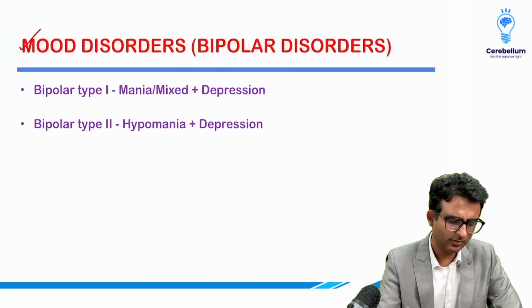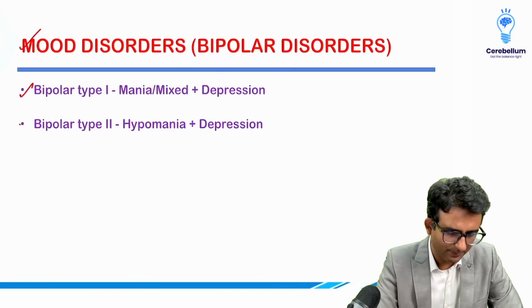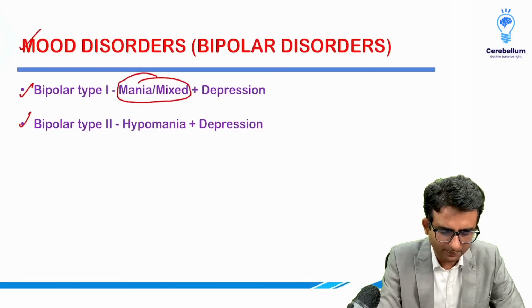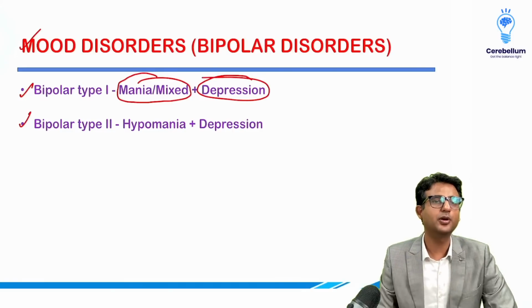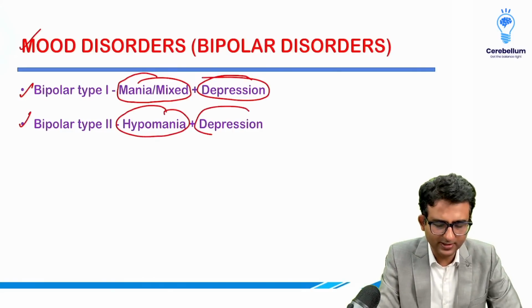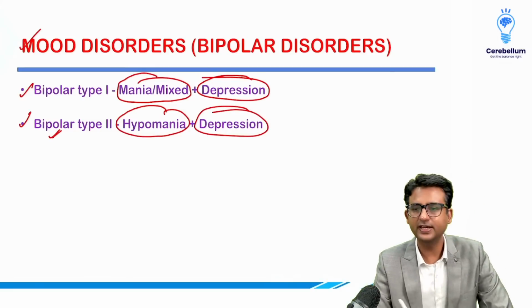Alright. Let's talk about mood disorders. So we have bipolar 1, bipolar 2. In bipolar 1 we have episodes of mania plus depression. In bipolar 2 we do not have episodes of mania, we have hypomania plus depression. So there is no mania in